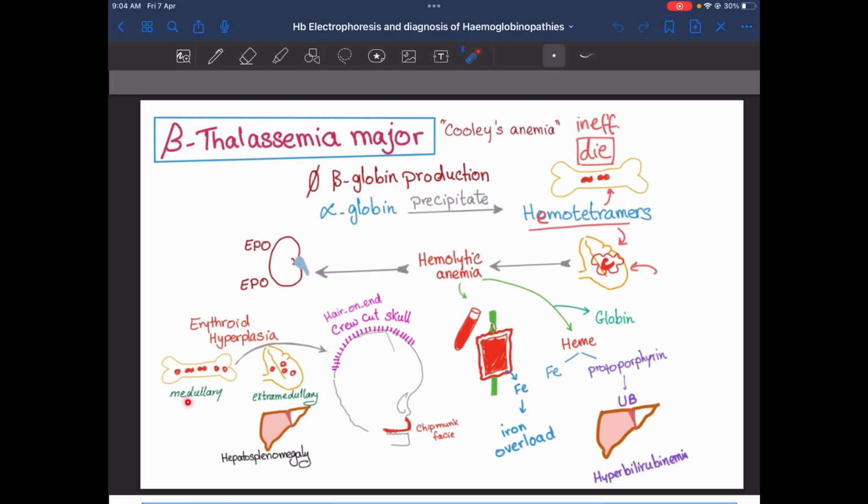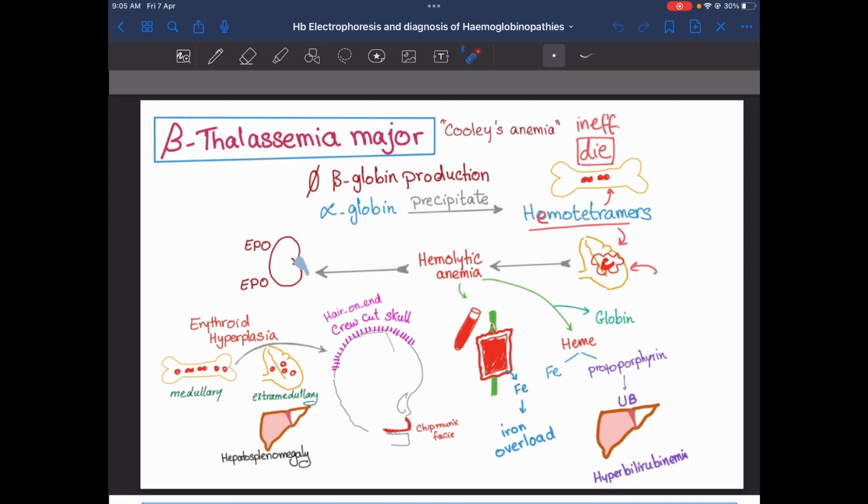So you can have medullary erythroid hyperplasia, which is basically the erythropoietin telling the bone marrow to increase its production of RBCs, because we have more hemolysis. When RBCs are getting killed, you need to produce more to keep the body functioning. And so this EPO is going to go to the bones and tell them to amp up the production of RBCs. You're also going to have extramedullary erythropoiesis, and what that basically is,